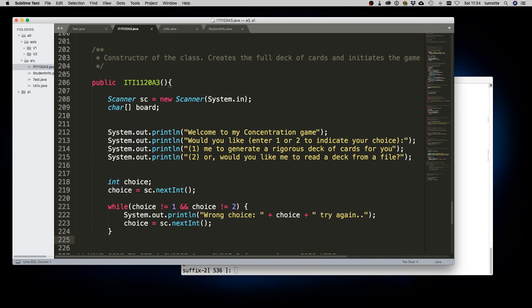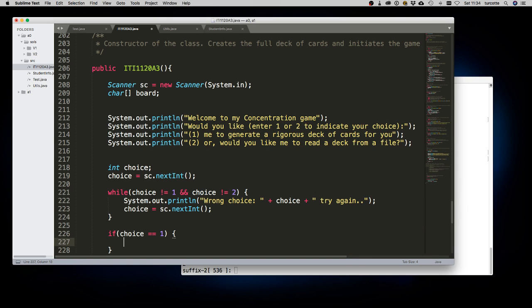Now we have to do two different things. If the choice that is provided is 1, then we need to generate the deck automatically. Else, we want to read from a file. So if choice is 1, here again, choice is a primitive variable, so I compare it using equals directly. I want to see if the value that is currently inside choice is 1. So if that's the case, then